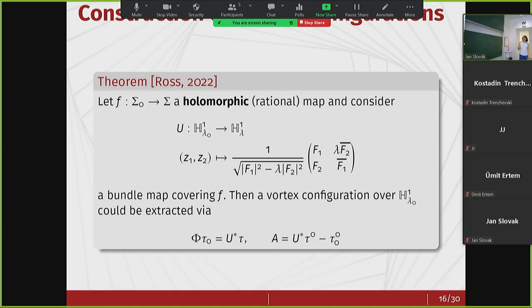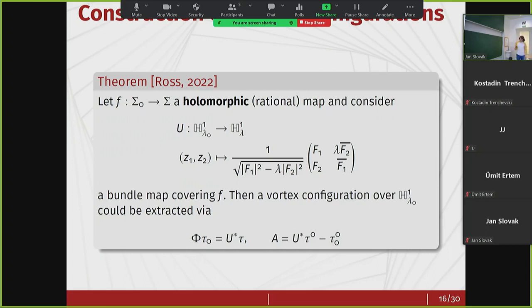And so what you want is for this to be a covering. Then what Ross proved, extending results from Manton, and you can see this is the analog of the Riemann surface case that I mentioned before, is that a vortex configuration on the source Lie group can be obtained in this way. You can see it's very similar to the expressions that I showed you over the Riemann surface, involving the coframe and the spin connection, but now involving precisely the quantities that we mentioned before for the